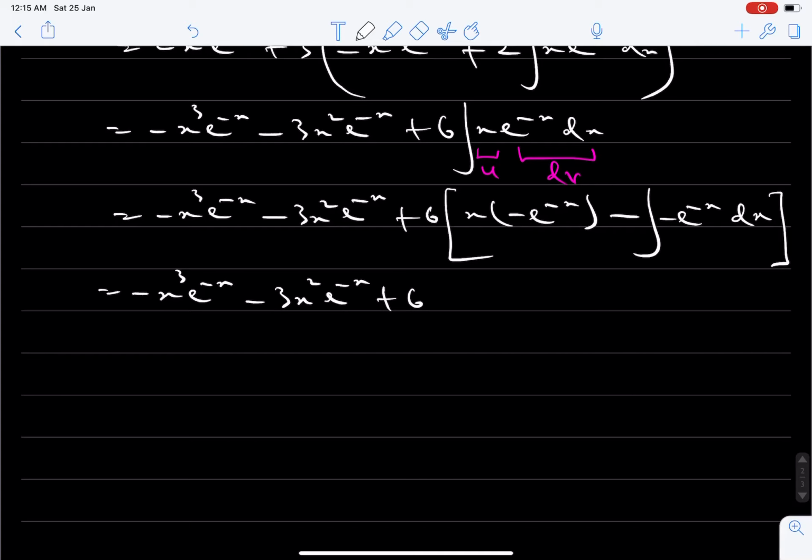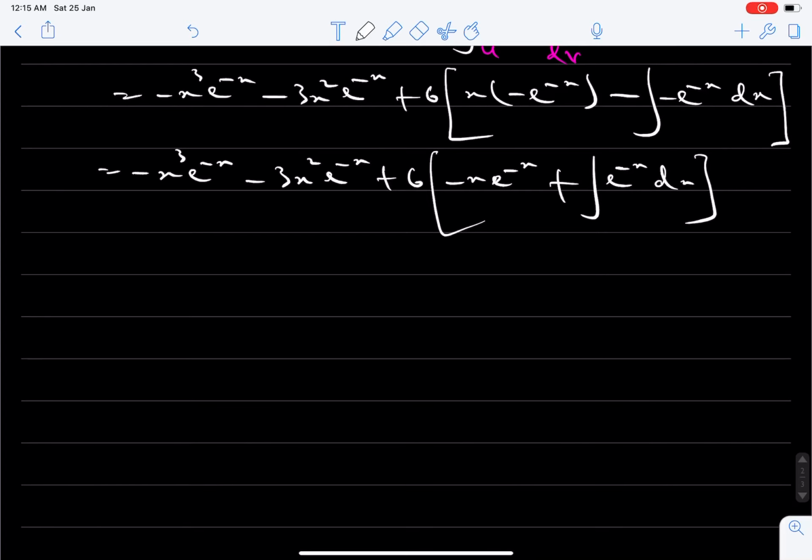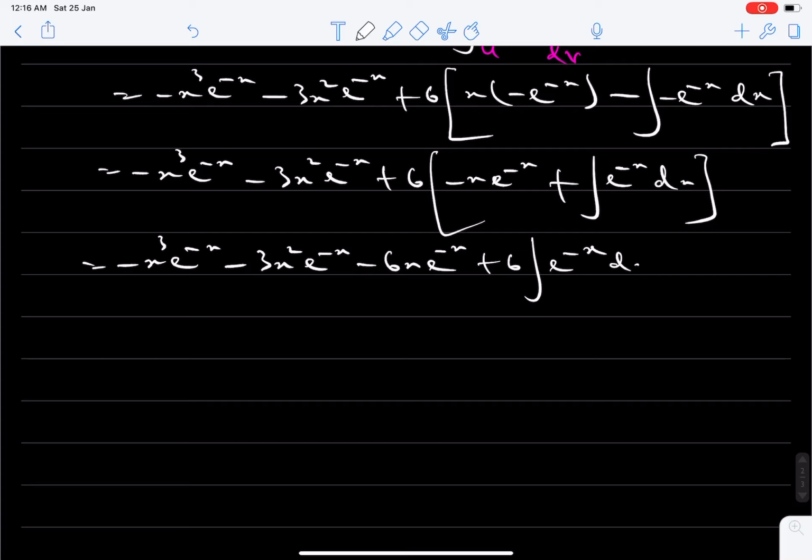Plus 6 into bracket minus x e raised to the power minus x plus the integral of e raised to the power minus x dx, and that means minus x cubed e raised to the power minus x minus 3x squared e raised to the power minus x minus 6x e raised to the power minus x plus 6 times the integral of e raised to the power minus x dx,